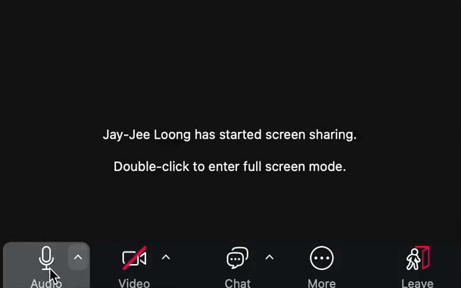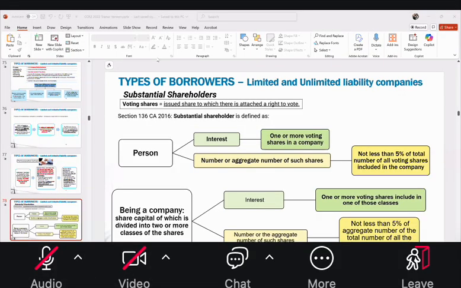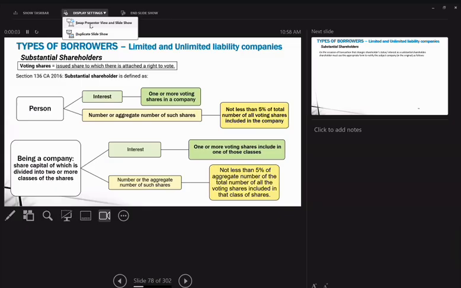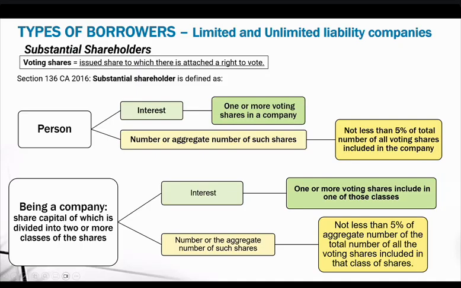Let's go. Okay. We end the recap now. We now go to slide number 78, because we covered a lot of the stuff already. Okay. For slide 78, it is showing that